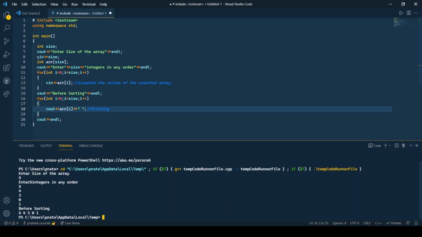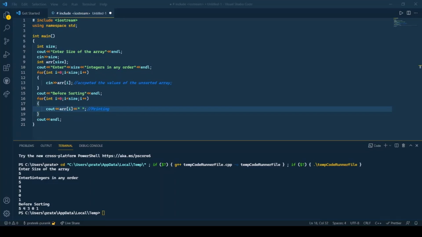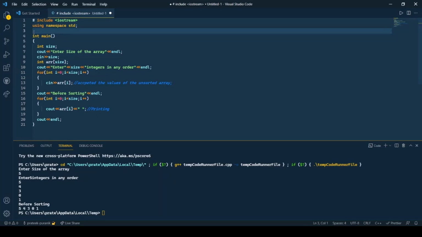Next, we are going to create 2 new functions in order to execute quicksort. As we had discussed earlier in the theory part, the 2 main processes in executing quicksort are divide and conquer and partition. So let's make those 2 functions: void divide and conquer.